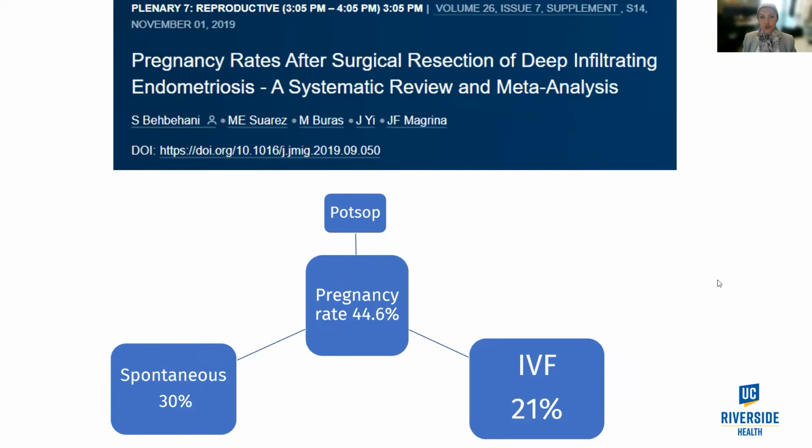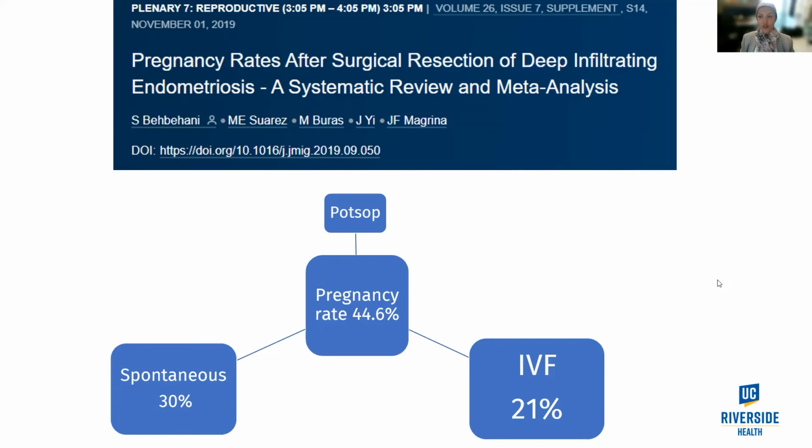This is another study to show the same findings. And this is one of my favorite studies because I was involved in it. So we looked at all the evidence available in the literature to support women who have IVF or who are trying to get pregnant and then have surgery and then try and get pregnant after surgery to see if there's any improvement in pregnancy rate. So a meta-analysis basically means pooling all the data from different studies done across the world to see what their cumulative results show. And again, very similar to that last study that I just quoted, people are all infertile, they're all having issues getting pregnant, they have surgery, you remove all the endometriosis, and 44% of those patients get pregnant.